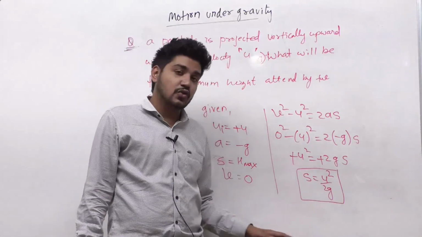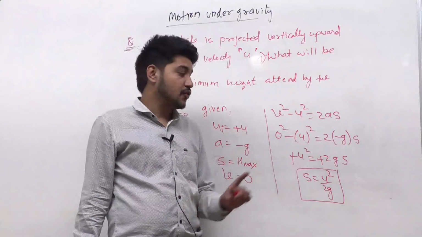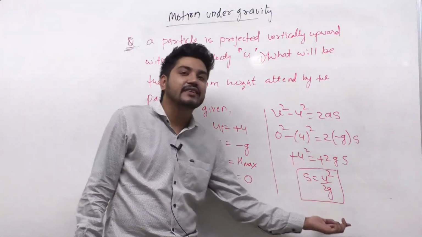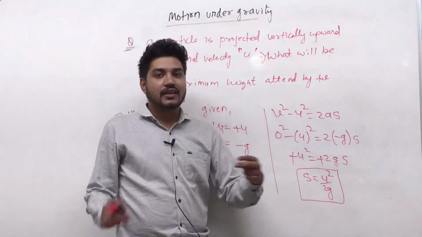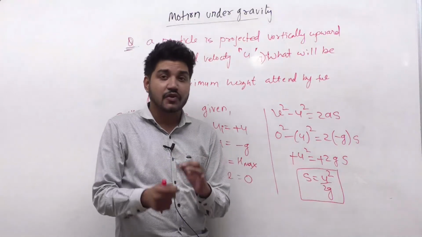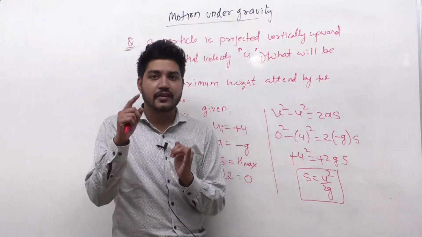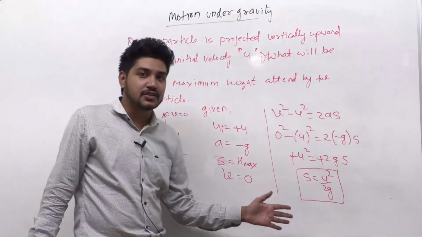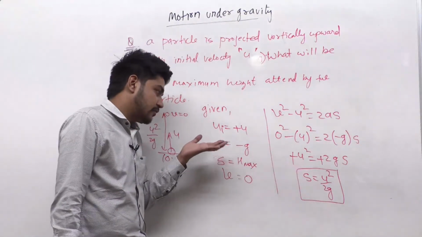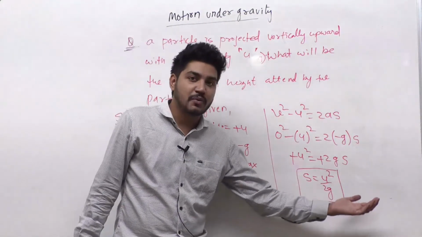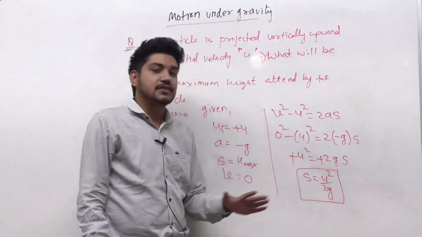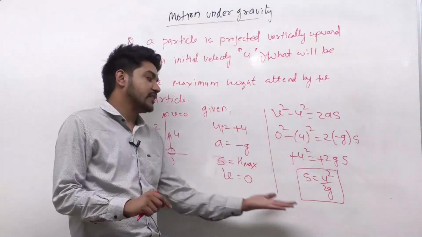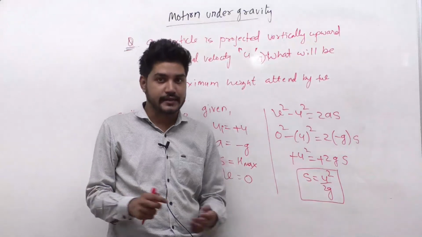So this is not the standard result to memorize. One thing I am saying, you have to learn the procedure, right? Once you learn the procedure, then you can easily get this result. The 3 equations of motion are very important, and with the help of those 3 equations we can get all these results. I won't suggest that you remember this formula; I just suggest that you know the formula and the procedure, so that you can get this result even if you forget in the exam, right?